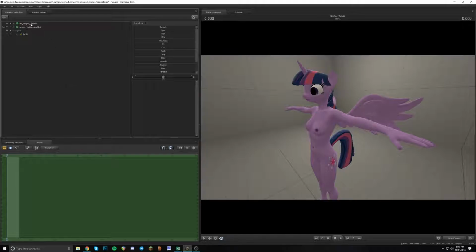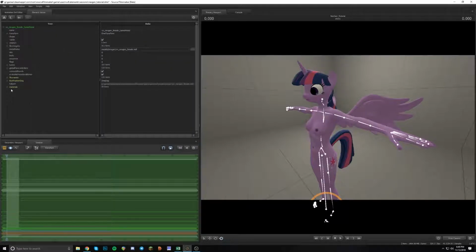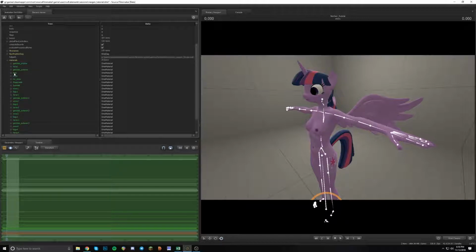All you have to do is right click on our female model, go to Show an Element Viewer, then Model. And then what we're going to do from here is go to Materials. And we're going to look for genitals interior, which is located right here. As you can see, there's a base texture, a color attribute, a Phong boost, and a Phong exponent attribute as well. All you have to do to translate the color from this interior genitals is right click, go to